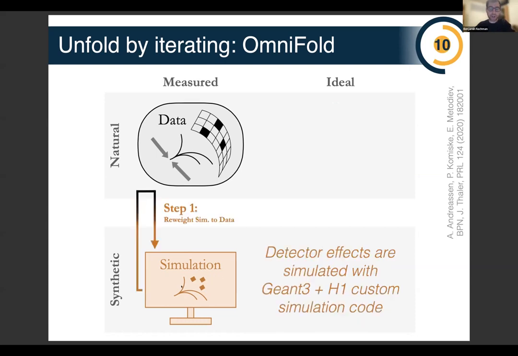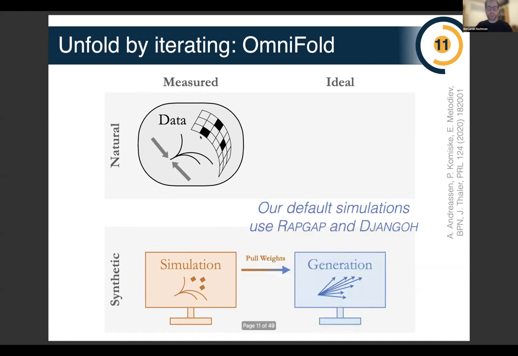We do that by first taking our detector level simulation, reweighting it to data, and then we have a set of weights. And then we use the fact that in the simulation we have a match between particle level and detector level, so the particle level events also have a weight, which is inherited from detector level. And that's not the end. We can't just stop there, because the stochastic nature of the mapping of the detector means that a single particle level phase space point can be mapped to multiple detector level phase space points. So we need a regularization step, which makes the particle level weights a proper function of the particle level phase